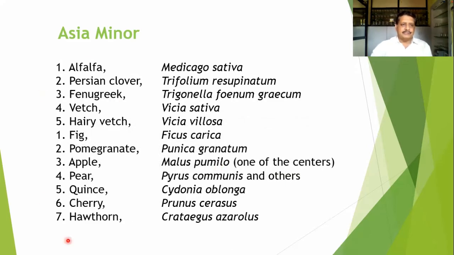These are some of the plants where you can find the fruits and the vegetables. The Medicago sativa alfalfa plant is there, which can be used for the seeds as well as the vegetable. Then Persian clover, there is a Trifolium,